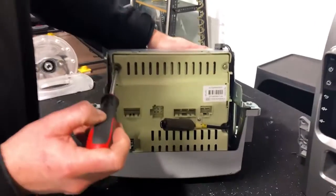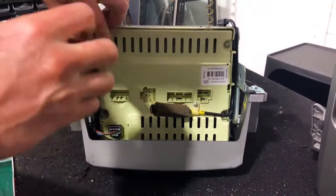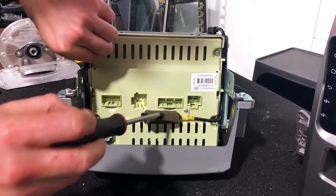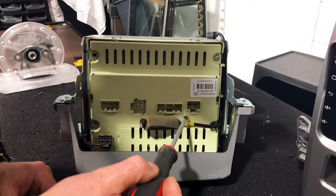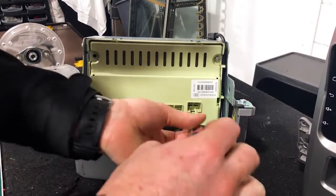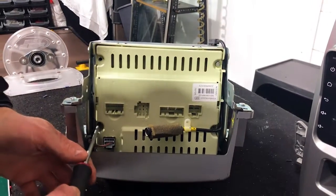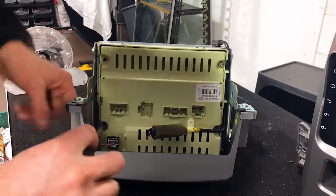Phillips head screwdriver, straight into it. There's just 4 screws. And you can actually remove the antenna section as well if you wanted to do that. There's another Phillips head screwdriver there. We'll undo it just to show you and get everything off properly. There's 4 of them. So 1, 2,